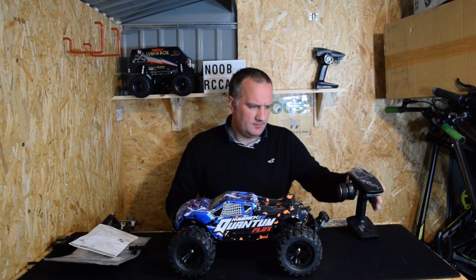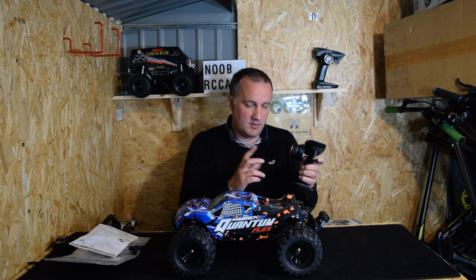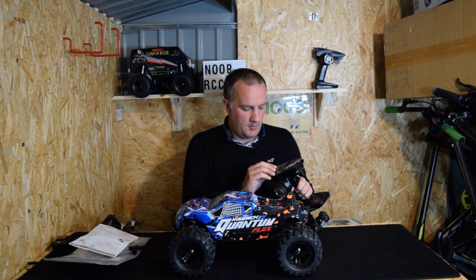You get a transmitter. It's the same as the one for the Phantom, which I didn't actually record, noob mistake, but it's the same one. It's got a steering wheel adapter. You've got forwards, backwards and brake. On the top here